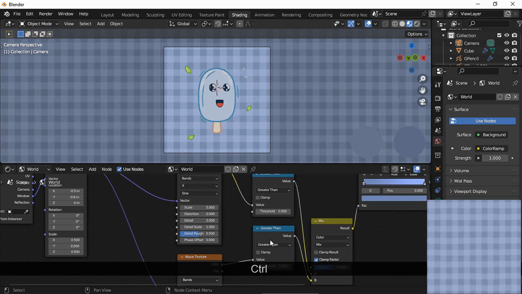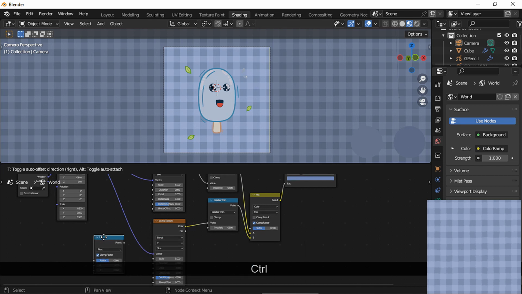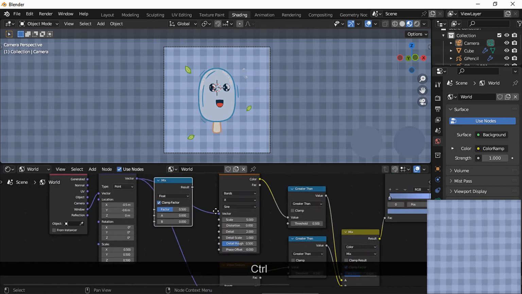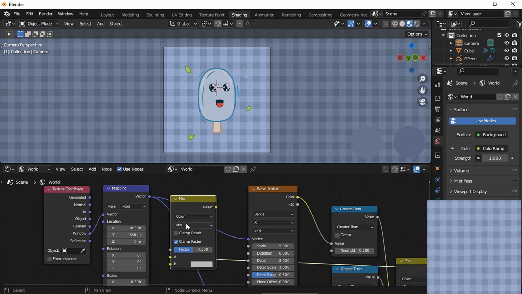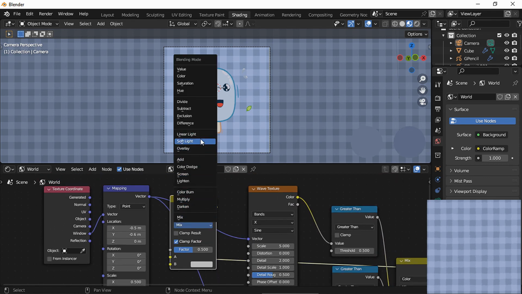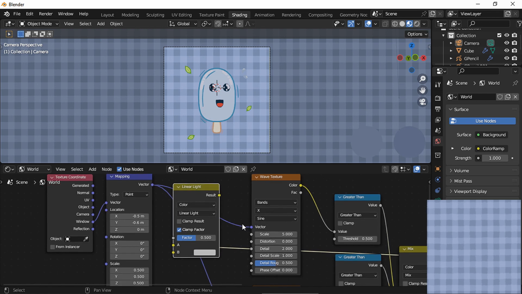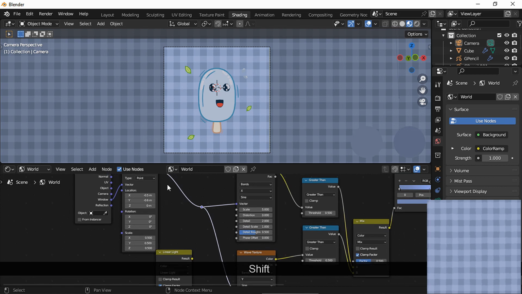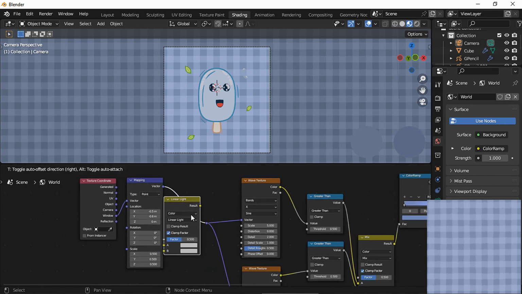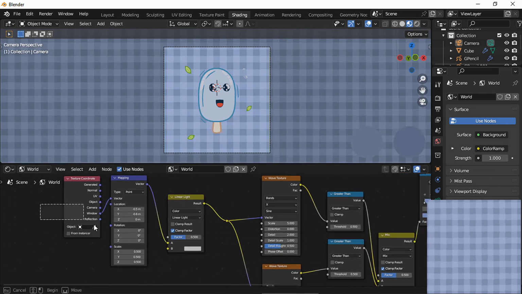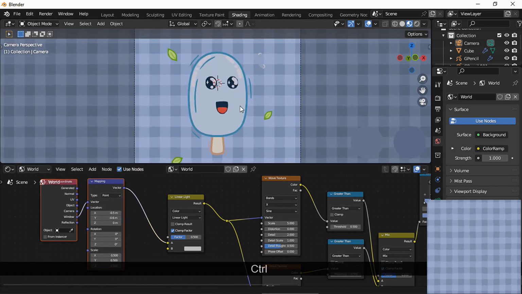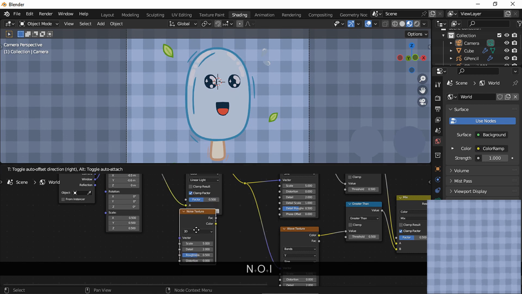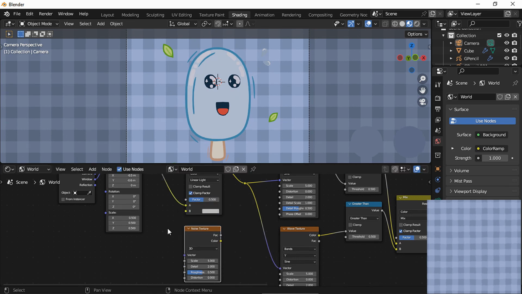Now these are sharp lines, so what if you wanted to make them a bit imperfect? Take the other mix node, set it to color, and set the blending mode to linear light. If you enable the Node Wrangler add-on, press Shift and right-click to connect these two, and add the mix node. Add a noise texture node and connect it to the mapping node and to the mix node.